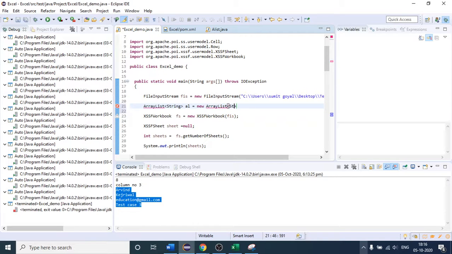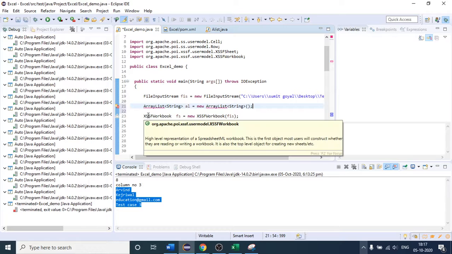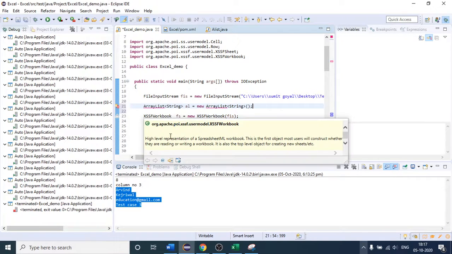So Sumit, one more question. I just missed the 5 minutes of your initial presentation. What I was asking is, the imports that you've done, like org.apache.poi, will we have to do them separately? Whatever classes are coming from the POI library that we have imported, you have to import that. Otherwise, it will not work.